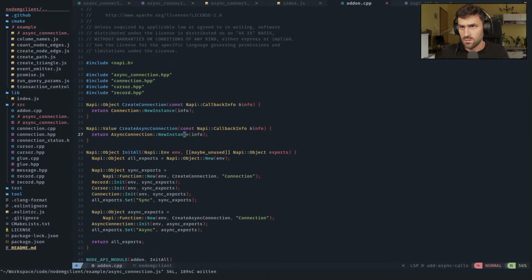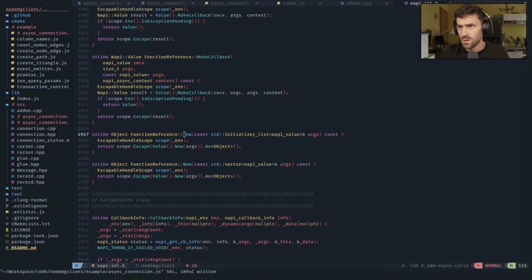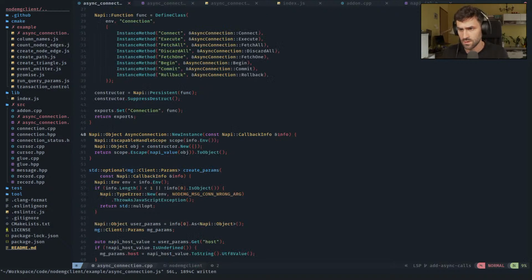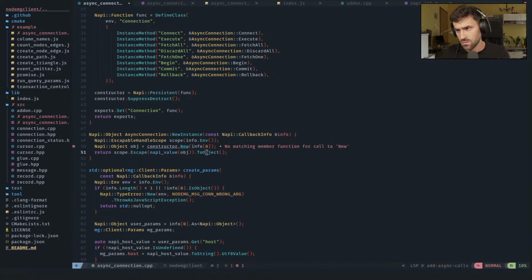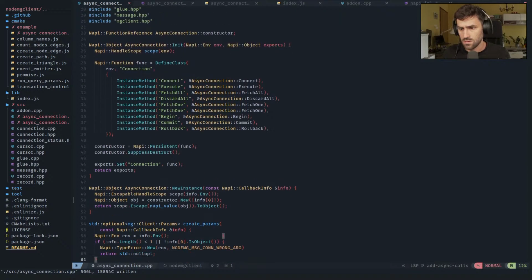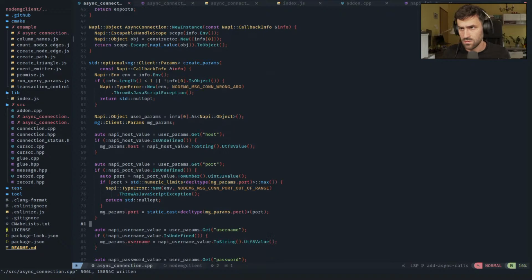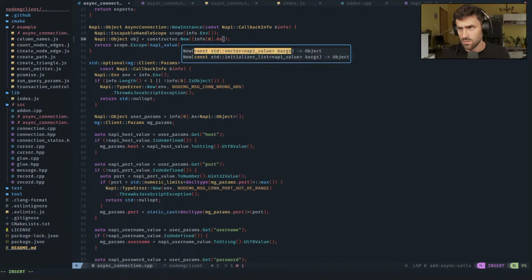That's gonna call this, that will just be passed to this, and then constructor will just info 0, will pass info 0, that's like a string that will be passed to as